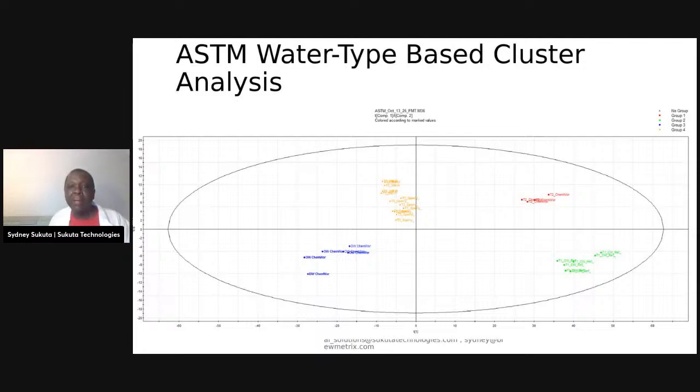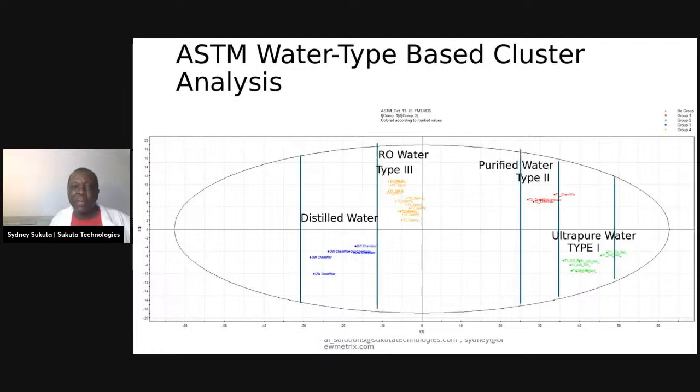So you can run the water you have to make sure it lands where RO water is, if you want RO water. Some people may want purified water. I understand brewers like to use this RO water or type 3 ASTM water. I think this is more clear than the other one. This is the knowledge we acquire during machine learning or data exploration, and then we code it and put it in the server, and then we can have automatic classifications.